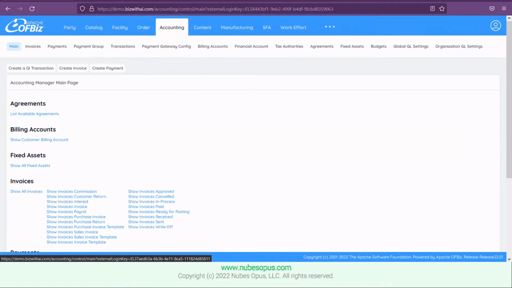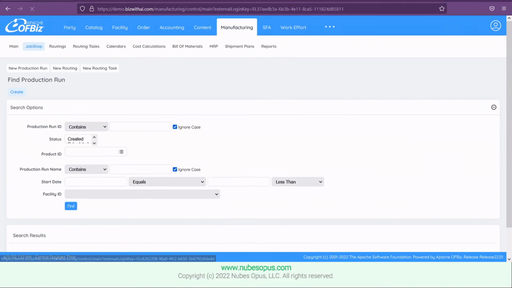Accounting module. It supports standard double entry general ledger, supports multiple organizations, account hierarchies and segmentation, accounts receivables, accounts payables, invoices, payments, statements and reports, agreement contracts and credit management, asset management including depreciation, budgeting management, support for payment gateways and payment processing, financial reporting, fully integrated with order management, inventory, purchasing, and manufacturing out of the box.